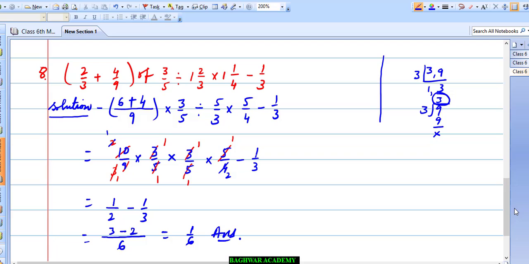Next day we will see the rest of the questions if you are not able to complete them. Otherwise you try by yourself. I hope you will be able to do it. We have very little time and very soon we will be having final exams. So just try to solve the maximum number of questions by yourself, so that we will be able to complete our syllabus. So next day we will see the next question.